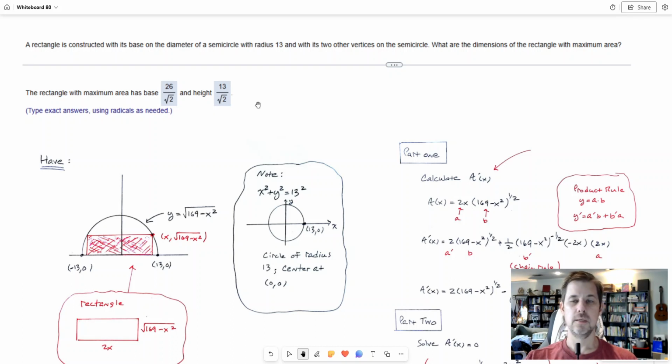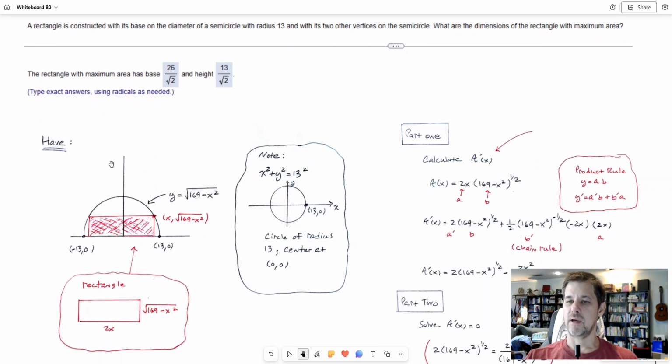Hello everybody. Let me show you how to solve this problem about maximizing the size of a rectangle inscribed in a semicircle. Okay, so I might imagine the situation like this. I've noticed that this problem did not come with any kind of diagram to go along with the explanation. So I've drawn it, and I noticed that it says that the radius of the semicircle